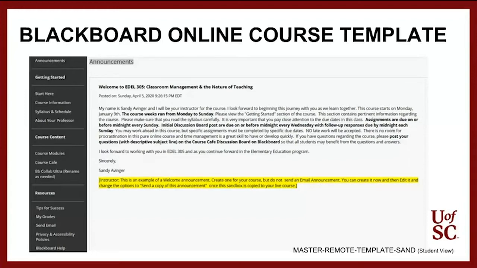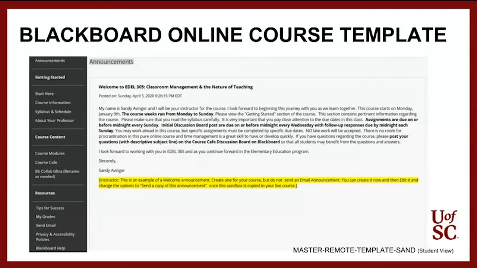So in your online environment, before you start building it out, and even before you get into Blackboard, you want to think about how you want to divide your content up. Because you're not going to present all the content at one time. You want to divide it. So some people may divide it by chapters. Some people may divide it by units. Some people may divide it by what we call weekly modules. And so each week will represent